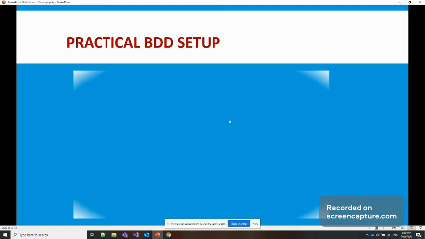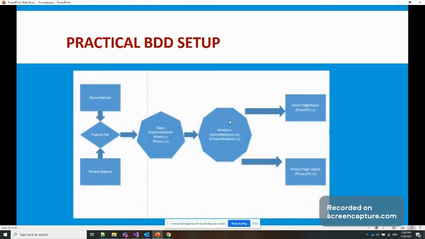After that, there's a BDD setup. In this BDD setup, we are trying to use the simplest approach. In the BDD approach, we are first writing our feature file, and you can see we always have the feature file with the extension .feature.